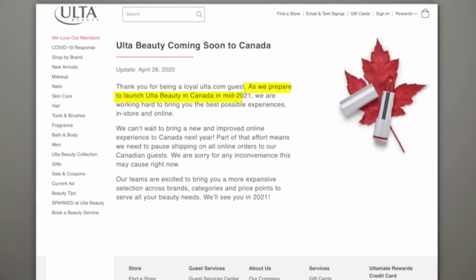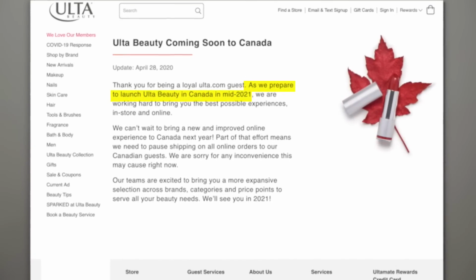That being said, these products are available on Ulta. The only thing is I wasn't able to confirm what the price difference was when you shop through Ulta, because right now when you try to select the Canada page, it just has this landing page that says LOL Canada, see you in 2021. Ulta is not currently shipping to Canada, so I did order all of these products from UOMA Beauty's website directly, and the website was fantastic. No problems there. The products are very clear, everything's nicely laid out, the products are beautiful. It was just, you know, shipping is always just a